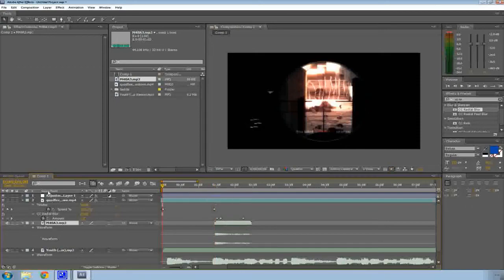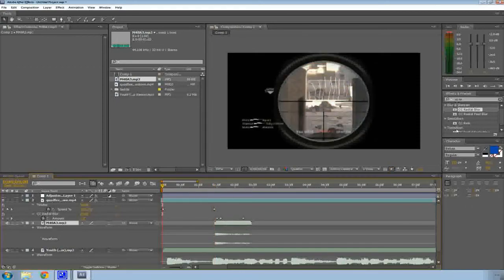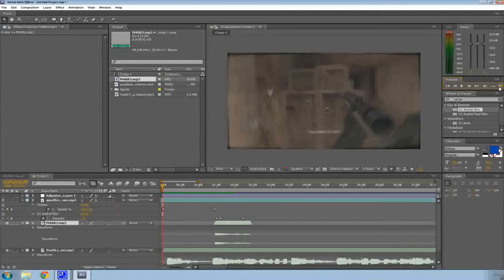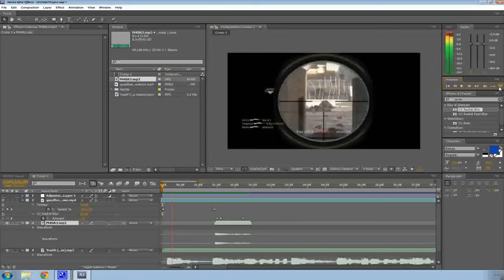So let's preview this again, and if you want to go quicker, just turn off the adjustment layer. So let's see what we got here now. So it's Twixtoring and the shot, and there's the blur. So let's view this again. So on the don't,